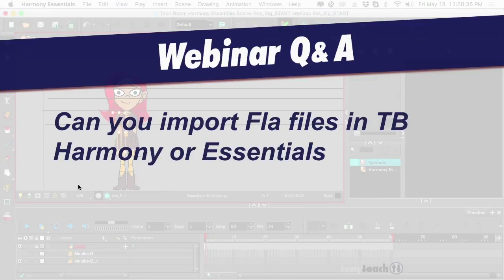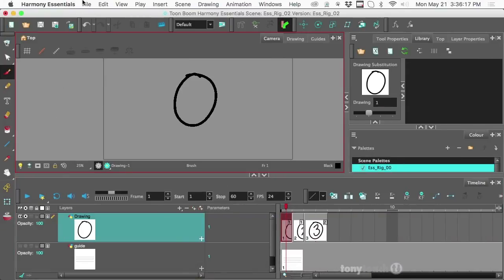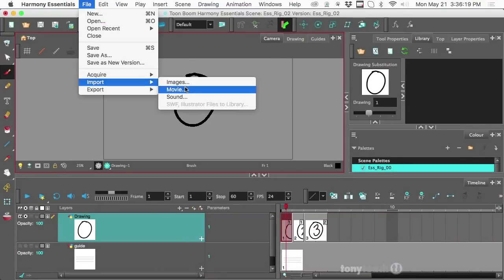Can you import FLA files in ToonBoom Harmony or Essentials? Okay, this is a pretty good question. And specifically what it's talking about, a Flash file, pretty much .fla, as an Adobe Flash or Adobe Animate. The deal is, if we jump over here, I can go to File, Import, and at the bottom it says SWF, or Illustrator Files to the Library. If you notice, this is grayed out. This has nothing to do with the fact that this is Essentials,